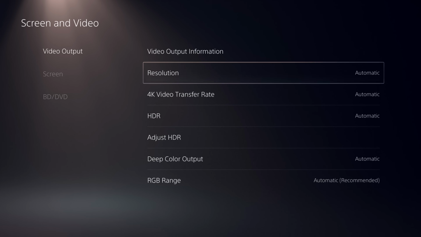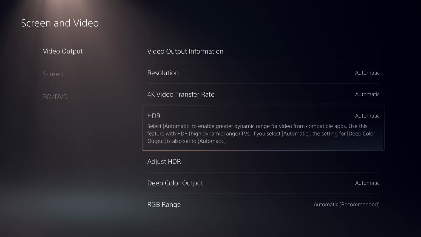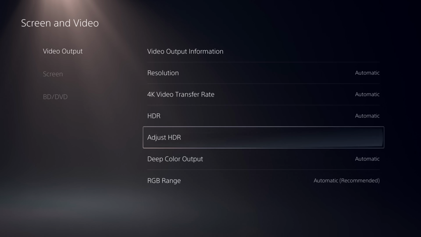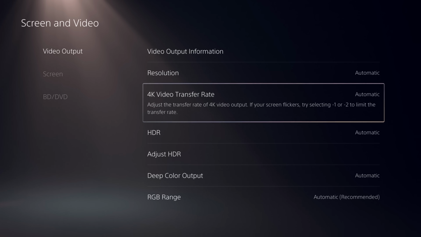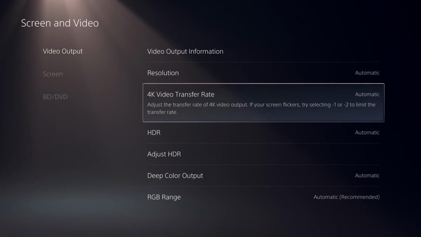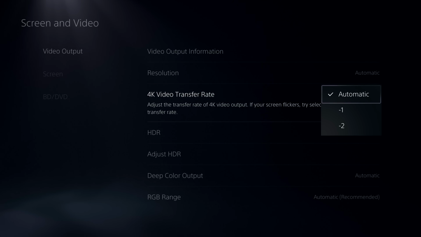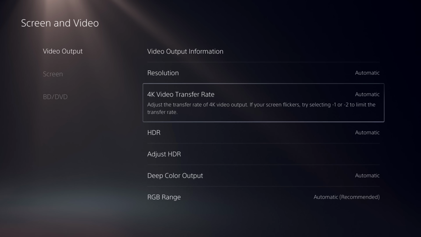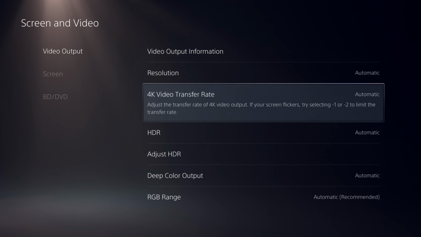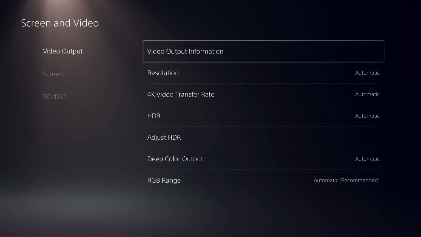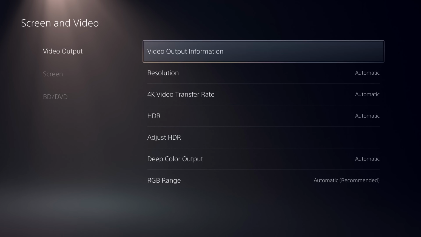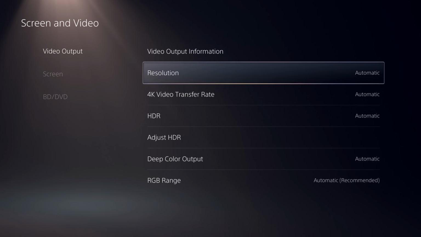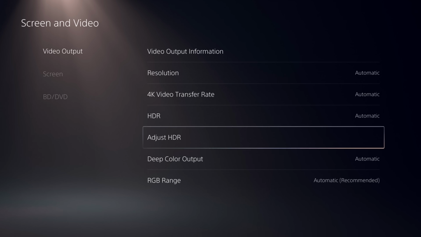So video output, obviously, you can adjust your resolution. You can select whether you want HDR, deep color output, which is required for HDR, the RGB range, and more. But you might be wondering, what's 4K transfer rate? Well, this specifically refers to things like chroma subsampling. So if you do a -2, it'll switch to YUV420 instead of RGB. So that is useful if you're running, say, an older AV receiver or even something like the original PSVR box. Though from what I've found, the system does a good job of auto-detecting what your device